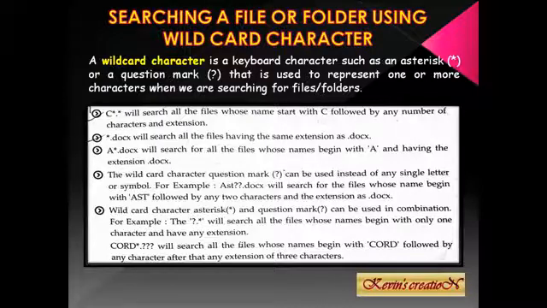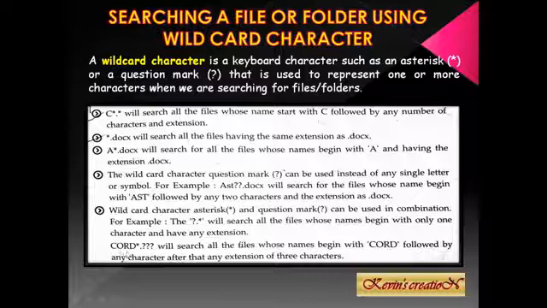We also don't know the extension name. So any file with a one-character name could be of any extension. It could be an image file, a document file, a presentation file, no matter, but it has only a one-character file name.